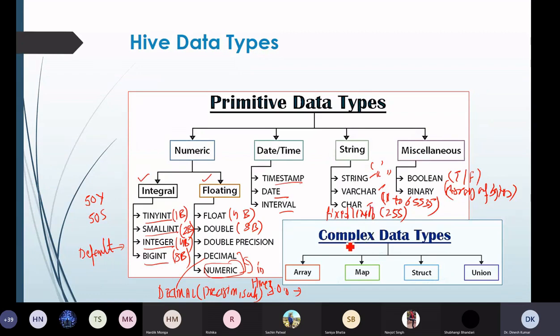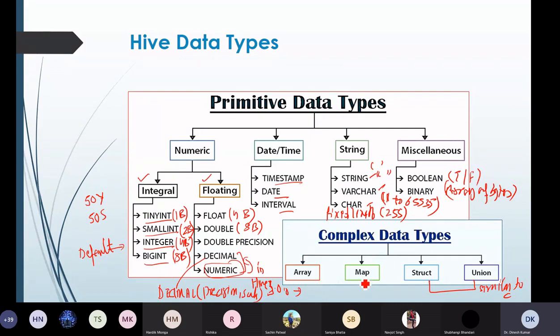Then we have complex data types also, like array, map, structure, and union. These two are similar to C structure and union. Array, we all know, is an ordered sequence of similar data elements. So we can declare arrays also in case of Hive by using the array keyword.